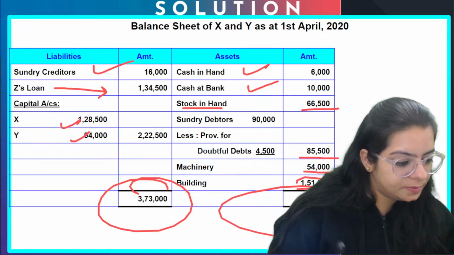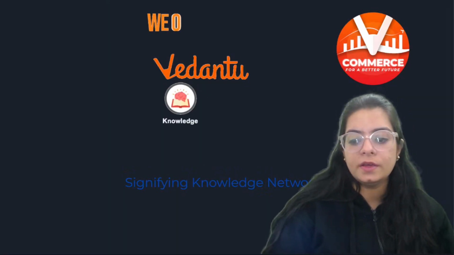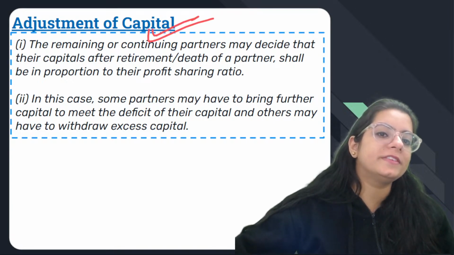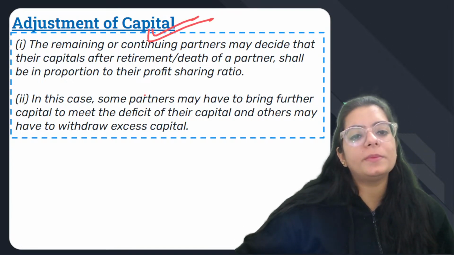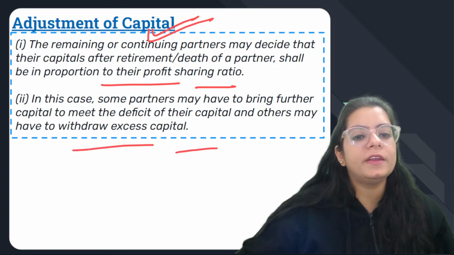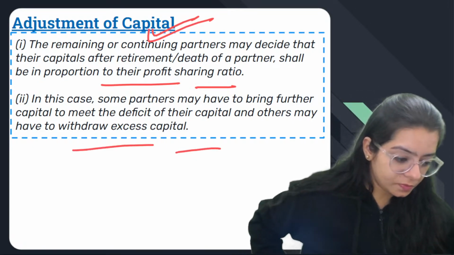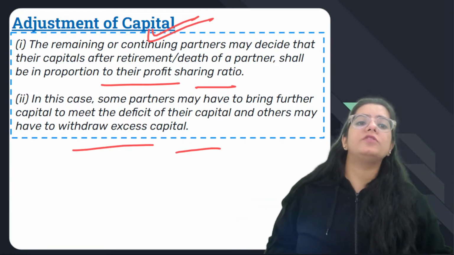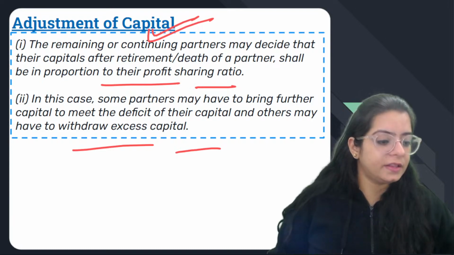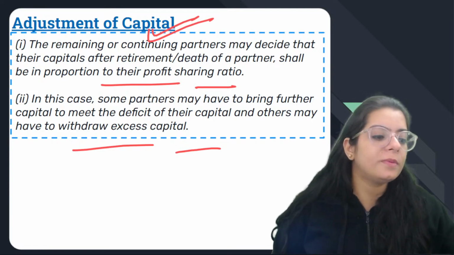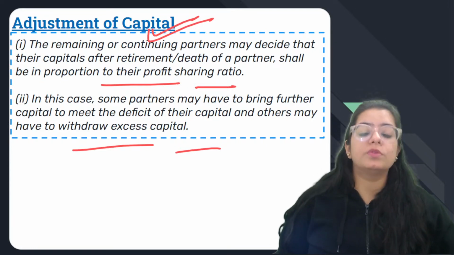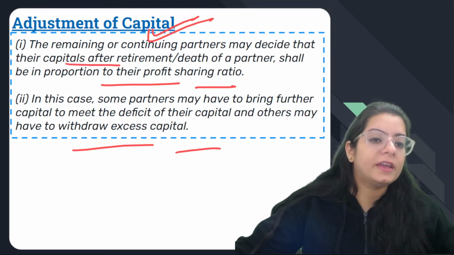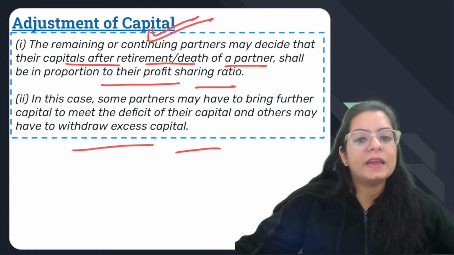हाय प्रियांशु, यस टेल मी। ओके जी, नेक्स्ट टॉपिक आ जाता है हमारे पास, द मोस्ट इंपॉर्टेंट टॉपिक विच इज एडजस्टमेंट ऑफ कैपिटल। समटाइम्स क्या होता है बेटा, पार्टनर्स को चाहिए होता है कि हमारी कैपिटल एडजस्ट कर दो। कैपिटल एडजस्ट कैसे कर दूं, कि भाई जो हमारी कैपिटल बैलेंसिंग फिगर निकलकर आ रही है, हमें वो नहीं चाहिए, हमें कोई और बैलेंसिंग फिगर चाहिए। अच्छा जी, तो इसको बोलते हैं एडजस्टमेंट ऑफ कैपिटल। दैट द रिमेनिंग और कंटिन्यूइंग पार्टनर्स डिसाइड दैट देयर कैपिटल्स आफ्टर रिटायरमेंट शैल बी